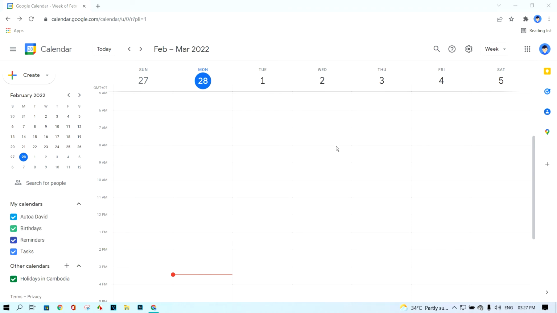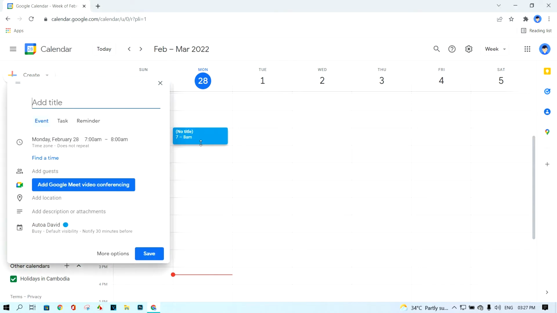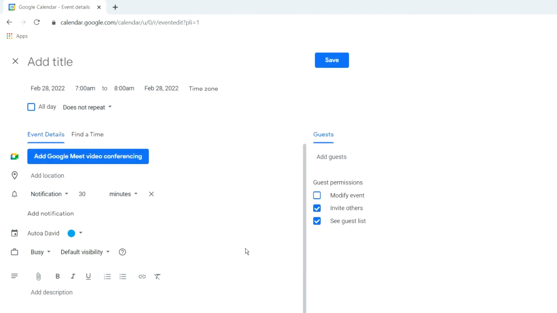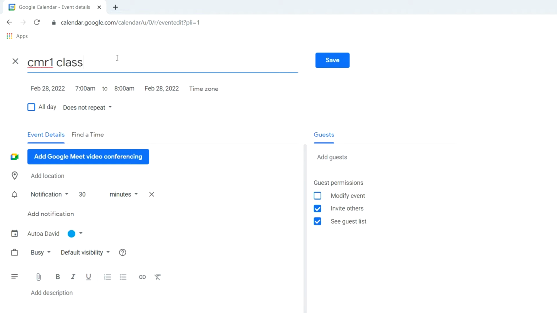Click on the times and pull down. And next, click more options. First, add your title in the box. In the box, I enter the name CMO1 class, and the time in this schedule starts from 7 to 8. After I complete the title, if you want to set a notification, click on this button and then set